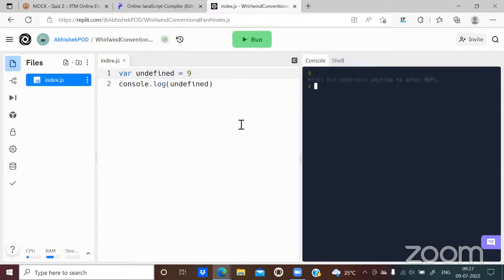Okay. All right, so what is happening here is that it is taking it as a complete identifier. I'm not sure what is happening because it should not happen. It should be given a value of undefined only. I'm not sure what is happening right now. But yes, one thing is sure that it is not a keyword.